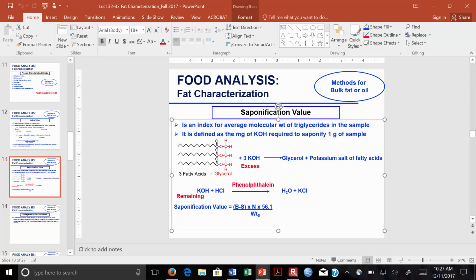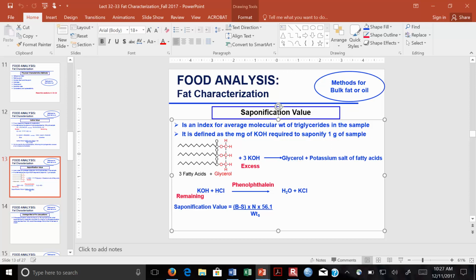And in this case, it's blank minus sample because you add KOH in excess. Some of the KOH will react with your triglyceride and the remaining you titrate. So if there is no fat, that means it's blank, all the KOH will be present, so the volume of the blank will be high. So it's volume of the blank minus volume of the sample, which is